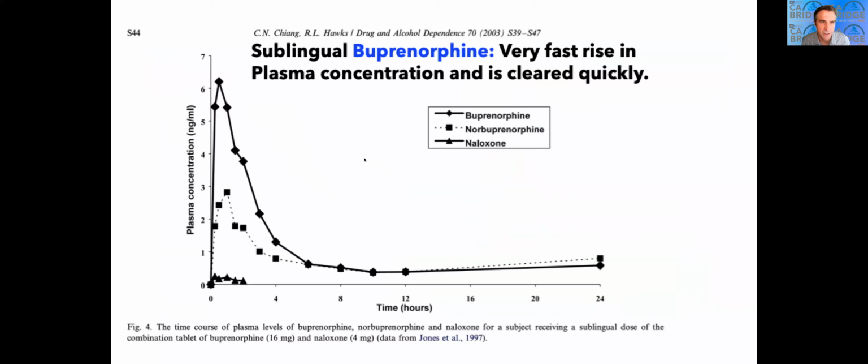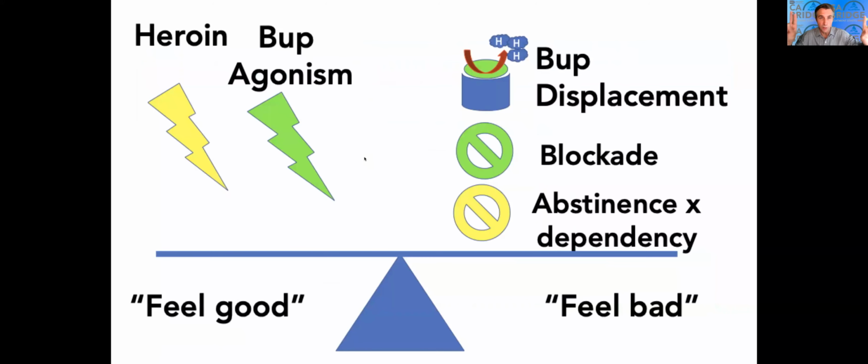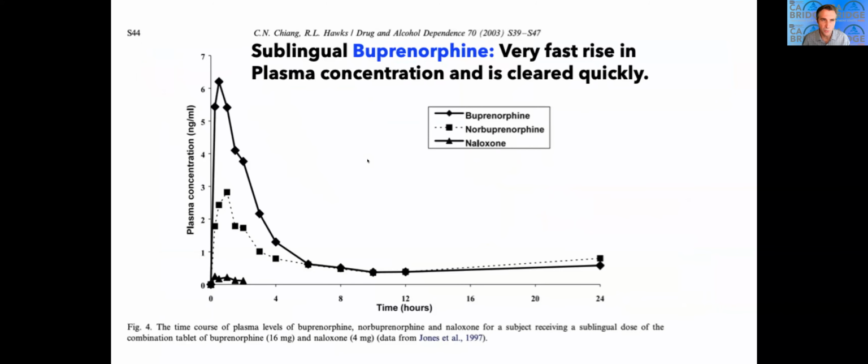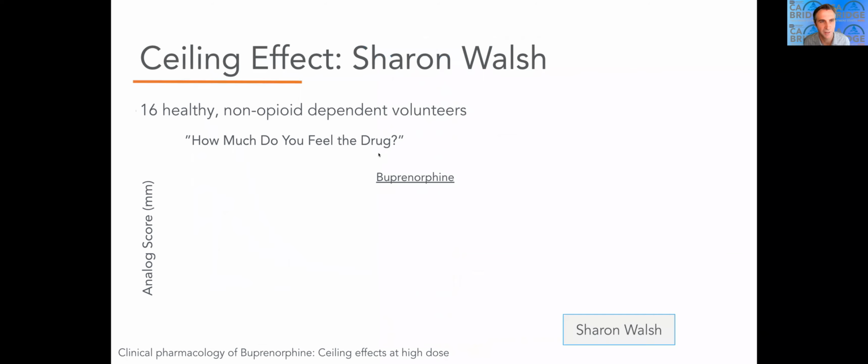Background pharmacology: sublingual buprenorphine comes in really fast and goes out really fast, because it's a long-acting drug, but you should just know that the peak is really in that first 60 to 90 minutes. This is relevant for you as an ER doc because that's when things go wrong, right? If you are going to have respiratory depression or precipitated withdrawal, it's going to happen in the first 1 to 2 hours. So feel confident that after you've gotten out of that period, things aren't going to go wrong when they go home. It's just a basic thing to know.